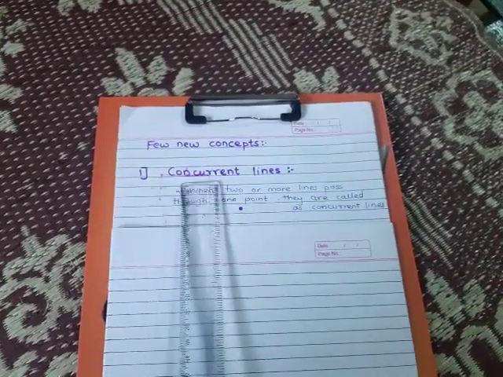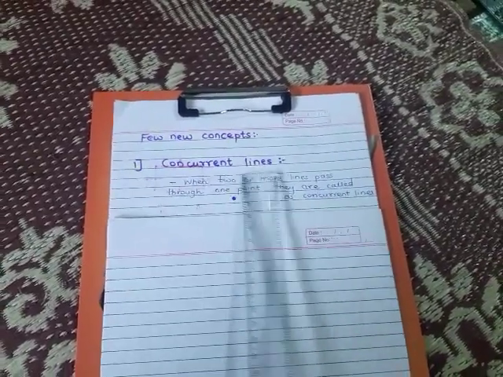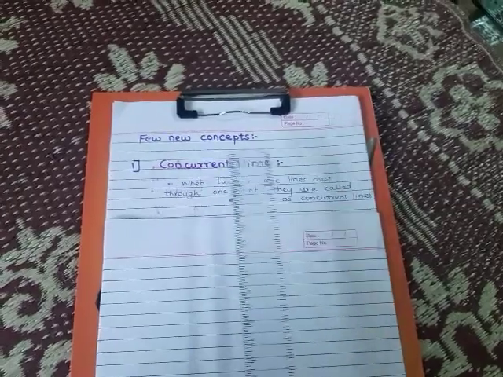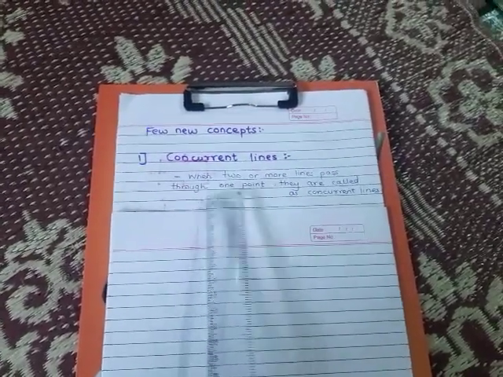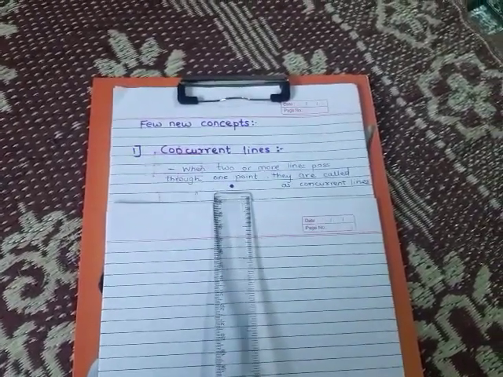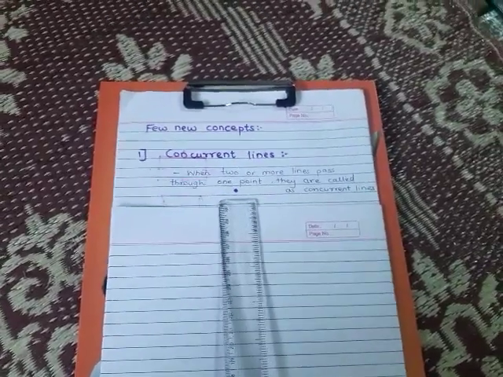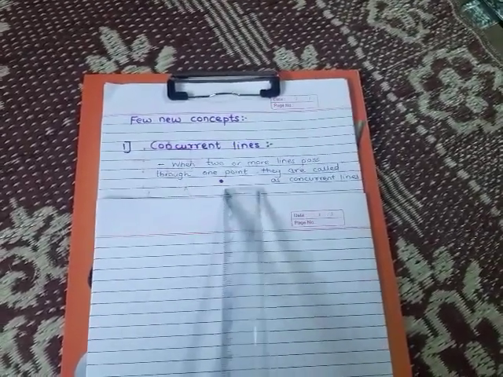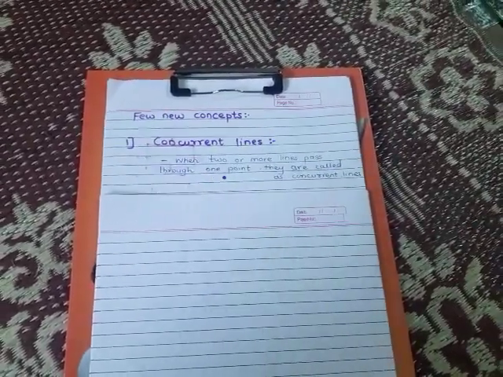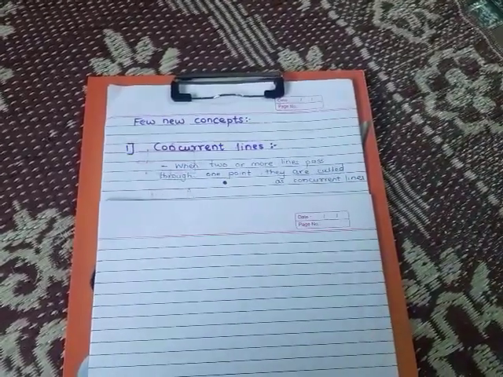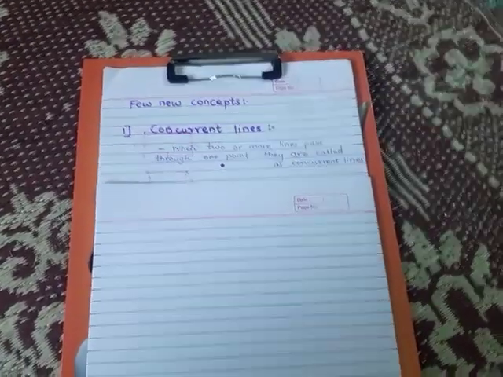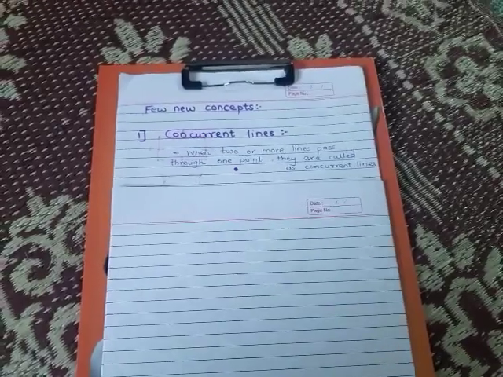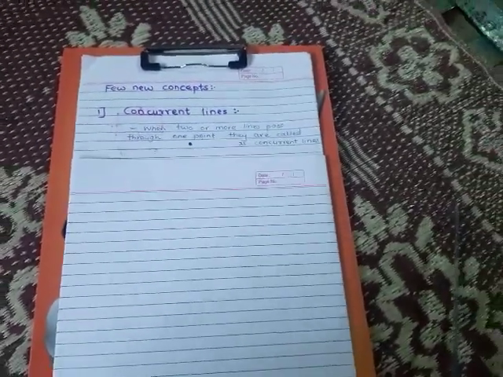First part of it is concurrent lines. So what is concurrent lines? You do not know this word, so I will explain it now. Can you see a small point over here? Just think about it. How many lines can you draw which pass through this point? Can you tell me how many? Are you going to tell me 2, 3, 4? No. The answer is infinite.